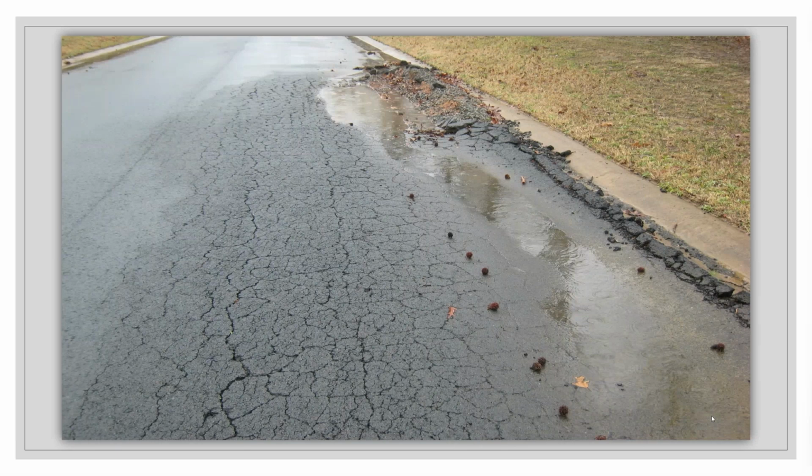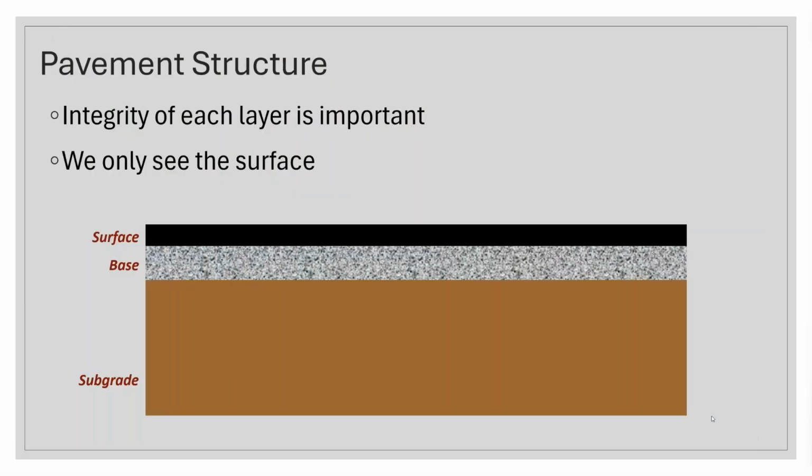So let's look at the structure. The pavement structure is generally going to be a series of layers, and those layers will start at the surface. That's what we see. We think that's the roadway. But underneath that, we may have multiple layers of other things that are helping to give some support. The surface is that top, and then underneath we'll have a base. We might have an intermediate layer. We might have several intermediate layers. We might also have a layer between the base and the subgrade. We'd call that a subbase. So any number of layers, but at a minimum, you're typically going to see at least a surface, a base, and that's placed on top of subgrade.